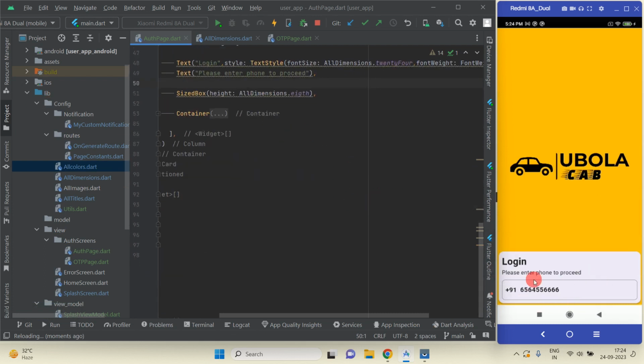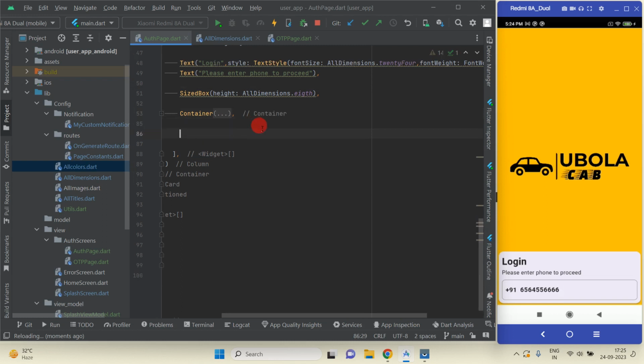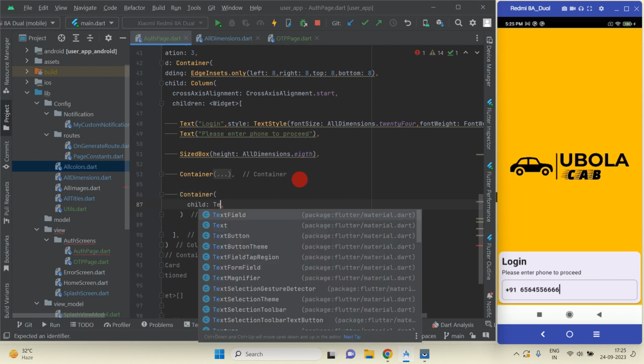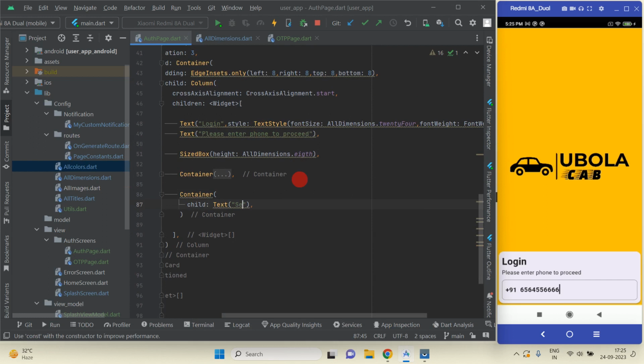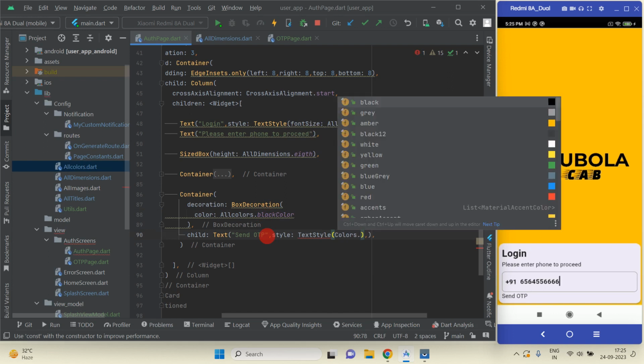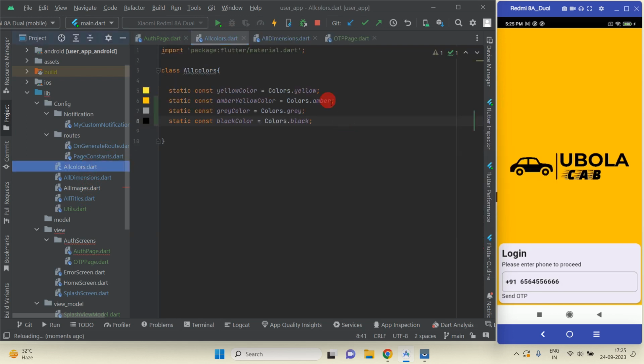And after this field I'm going to add one button, send OTP button. So here we will use container child text and then here send OTP, and just decorate this container. Color will be black and the text color will be just go inside all colors and add one more color, white color. Okay,